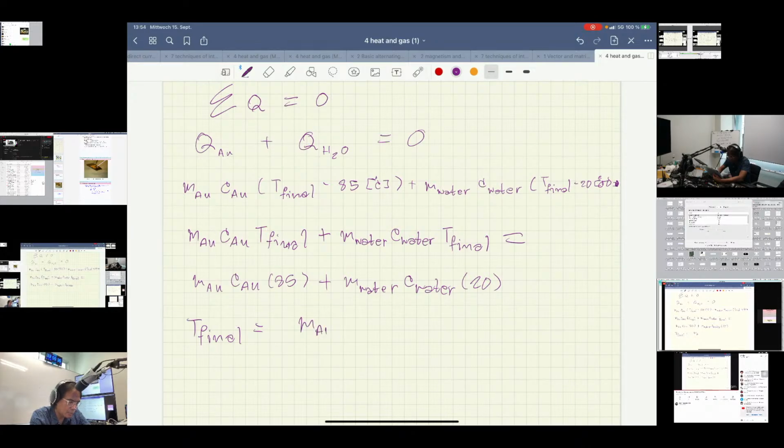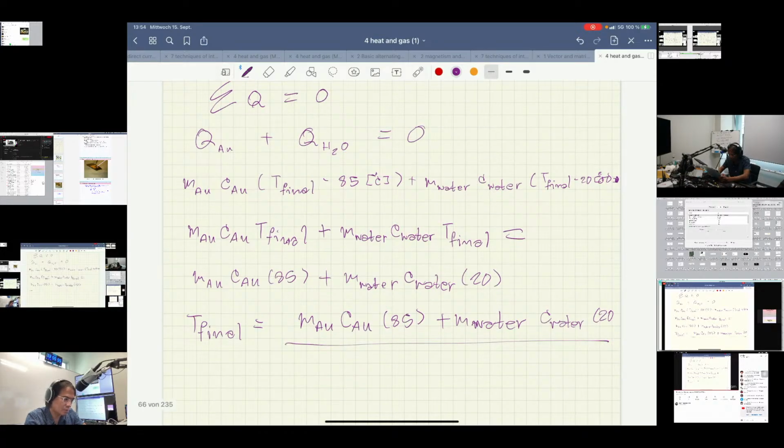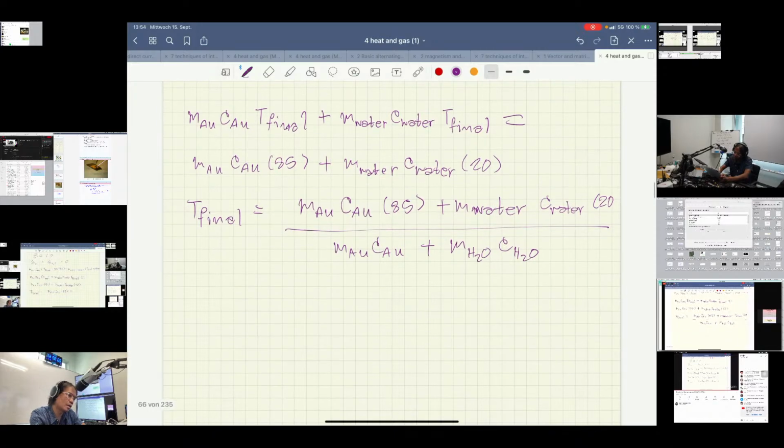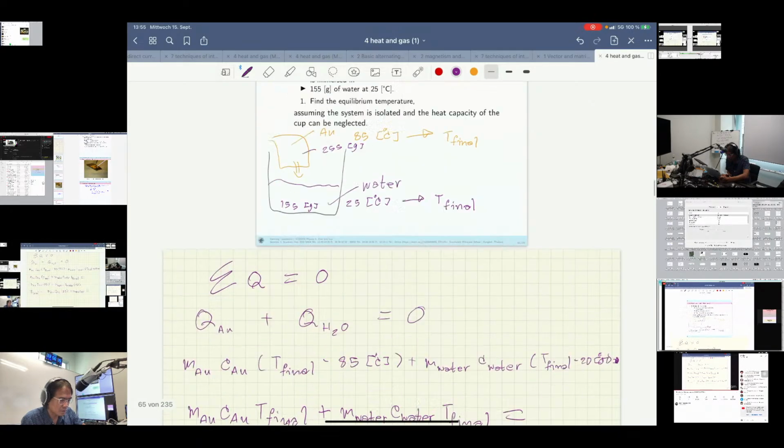M_Au C_Au times 85 plus mass of water and C of water times 20, divided by everything with M_Au C_Au plus the mass and specific heat of water, C_H2O, right? And we put the numerical values, the numbers,